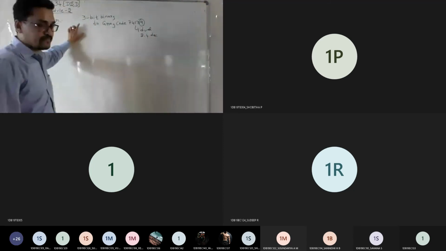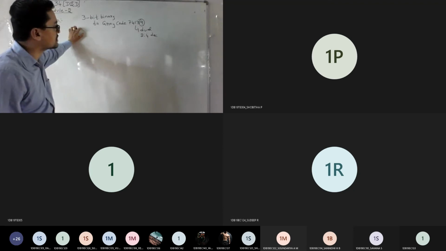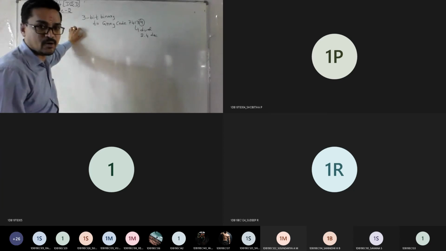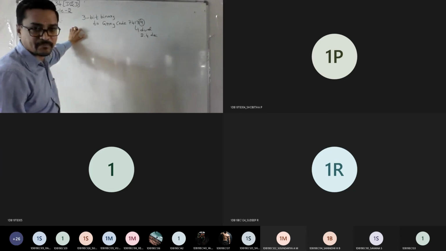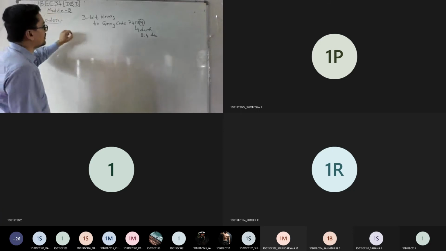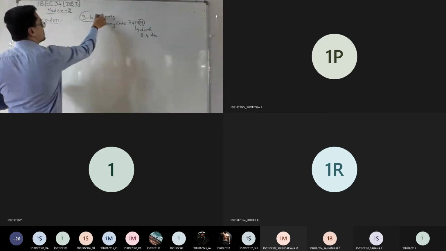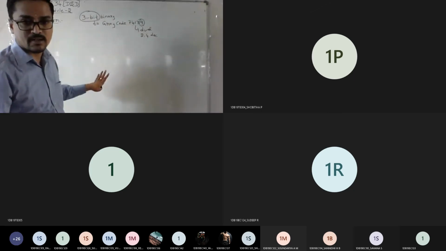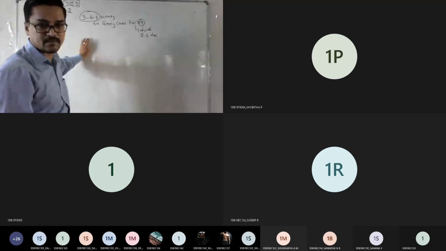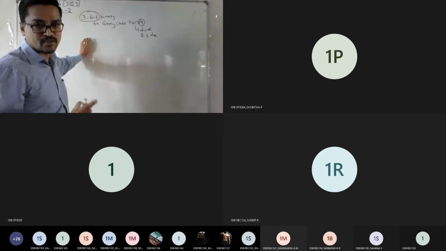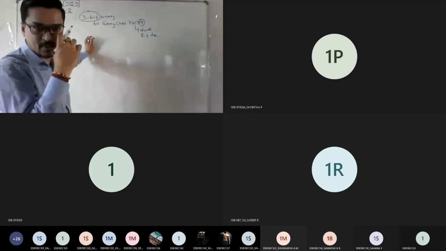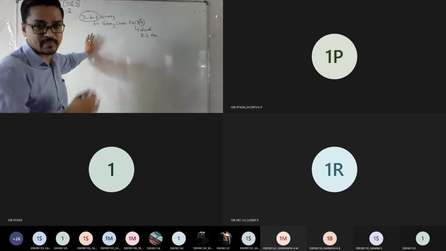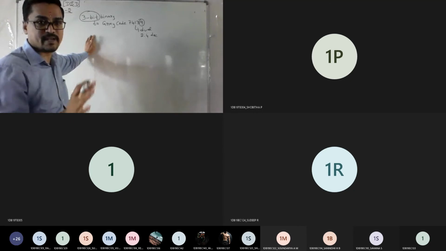Now listen. Whenever they ask you to implement this 3-bit binary to gray converter, before going to solve it, we should have an idea of how to convert binary to gray. Binary to gray depends on this, whether it is 3-bit or 4-bit. But since this decoder has a maximum capacity of 3 bits, we're going with 3-bit binary. Maybe in the lab you'll do a 4-bit binary to gray converter, which means you'll get 16 combinations, but the logic remains the same.